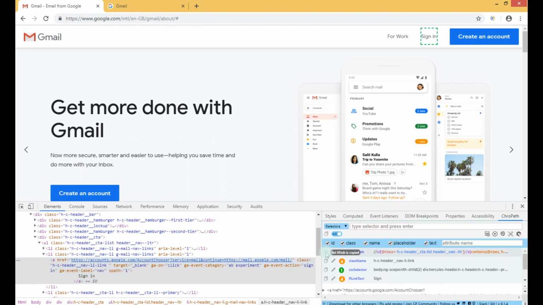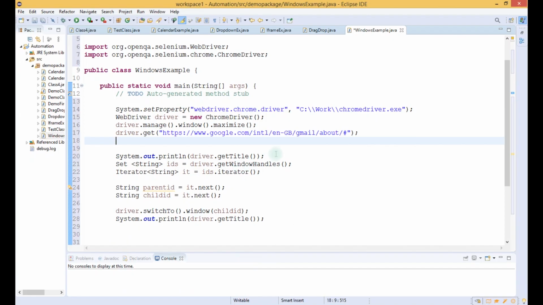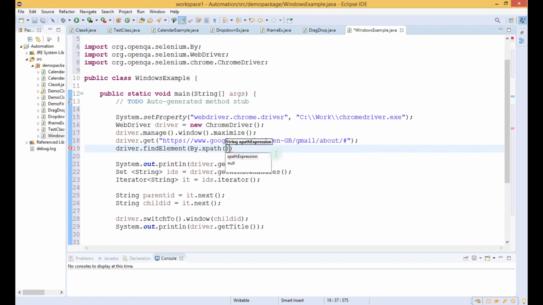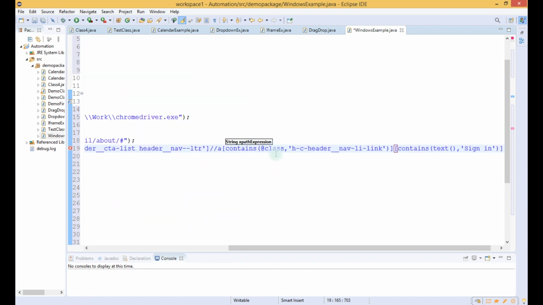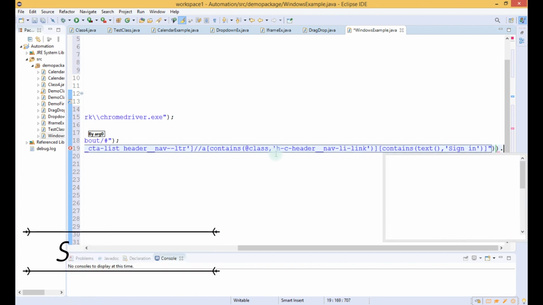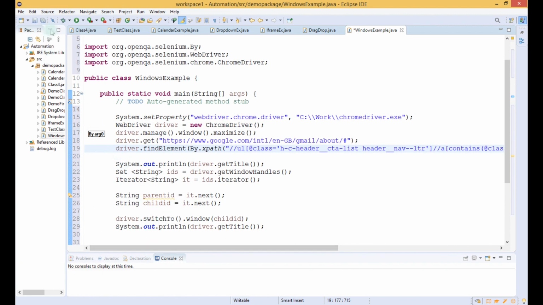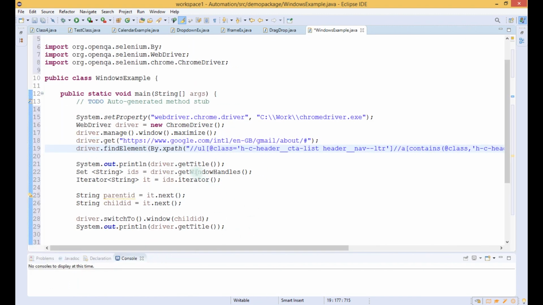I will copy the XPath that is given by ChroPath and we will use it. For clicking we have to write driver.findElement(By.xpath), and the XPath we have copied from ChroPath here, .click, right?